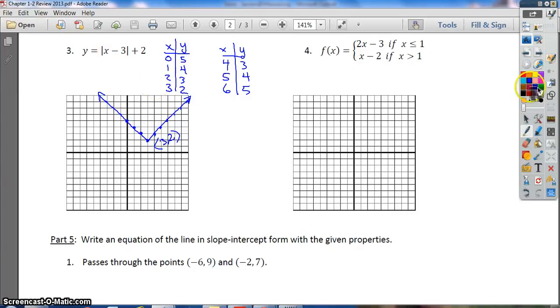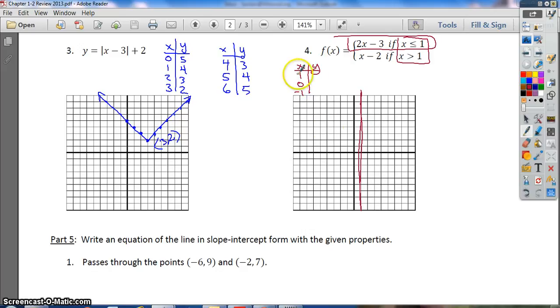Number 4, piecewise function. This is your battlefield right here. So at this point here on the x-axis, this is where they're going to kind of overlap. All right, so let's go with the left one, which is the top one. So I'm going to do this equation in ring. So start at 1, numbers smaller than 1 would be